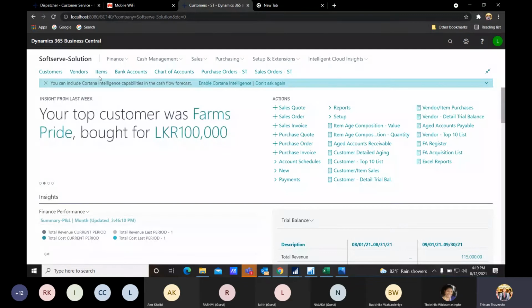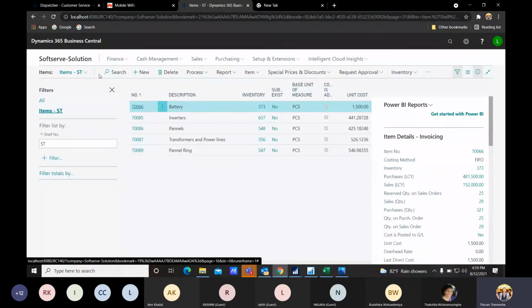If I click here on the item master, we can even search, as I showed you in the chart of accounts. We have the live search option in Dynamics. This is the item list, where we can keep as many items as you want. In this database we have many items, but I have filtered to 3 to 5 items. So currently we have 5 items. This is the item list of our company.